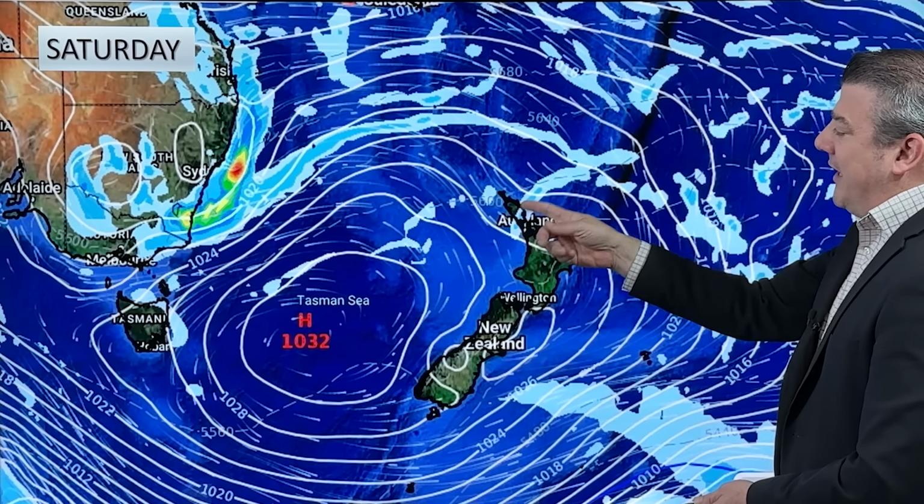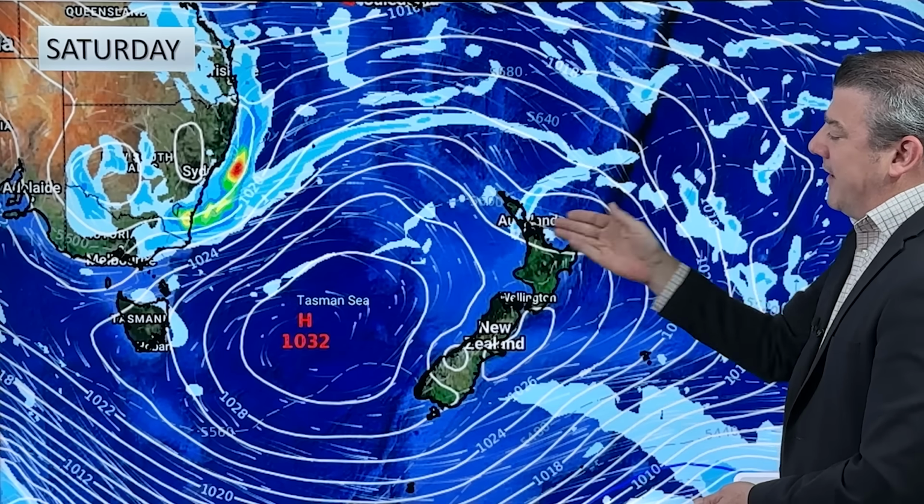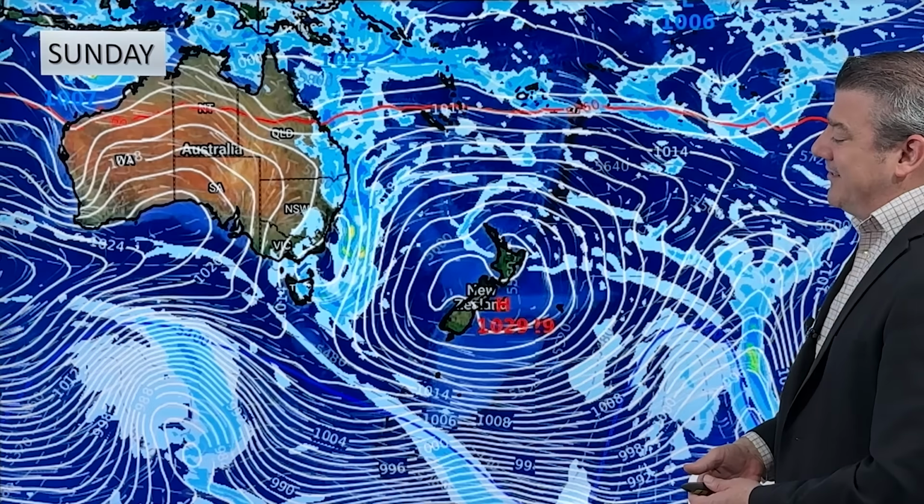As we get into Saturday, the high comes closer into the country. We've got a southeasterly for the top of New Zealand, so a few showers here. You can see that little front that'll push through. So there might just be a little burst of showers for a time. Not everyone will get it. Some could get a heavier downpour, and then it should start to clear up, because as we get to Sunday,